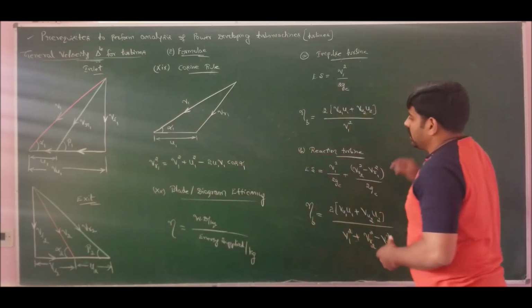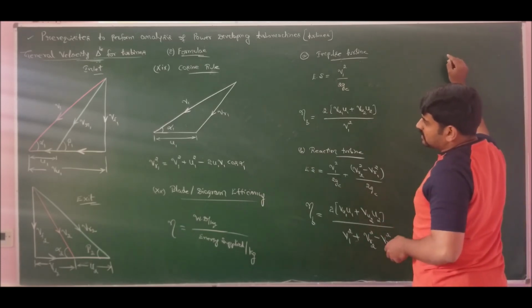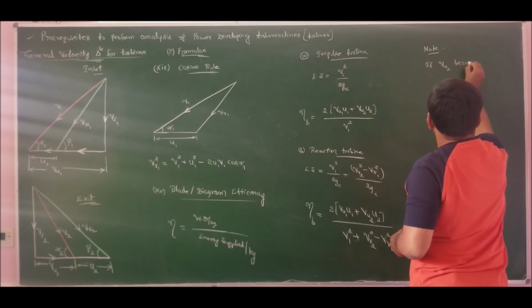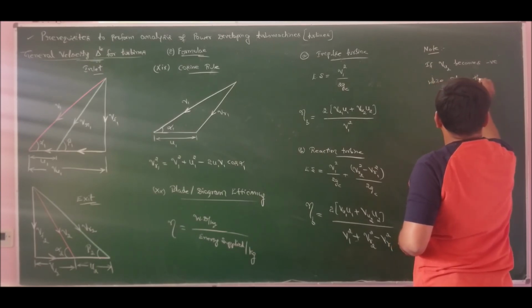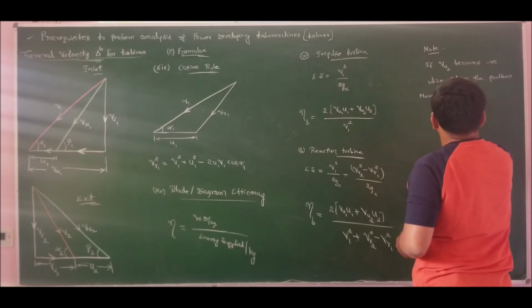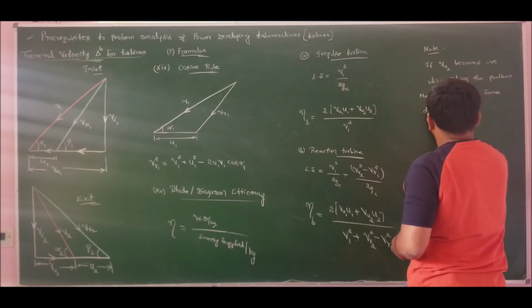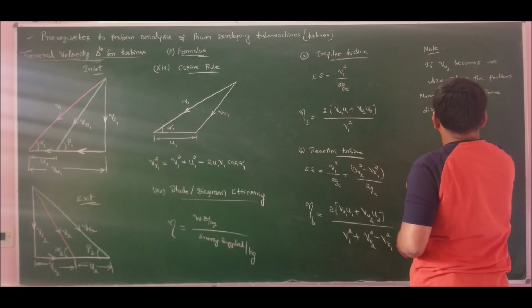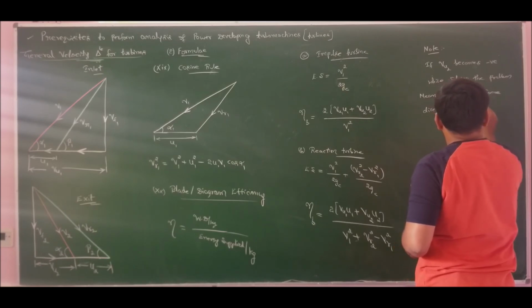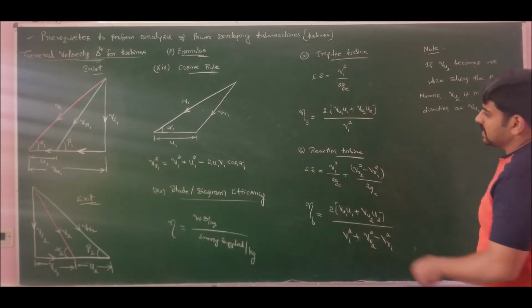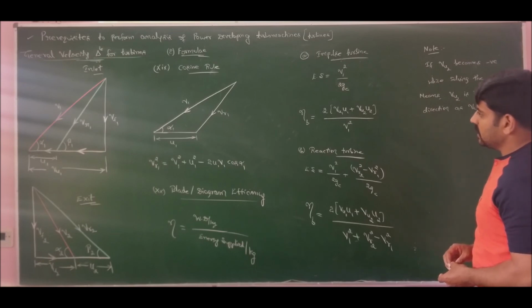And finally, an important note: apart from these 20 formulas, you should know that while solving problems, VU2 becomes negative when VU2 is in the same direction as VU1, that is tangential speed in the same direction as VU1. So I should change the direction of VU2 to the direction of VU1.